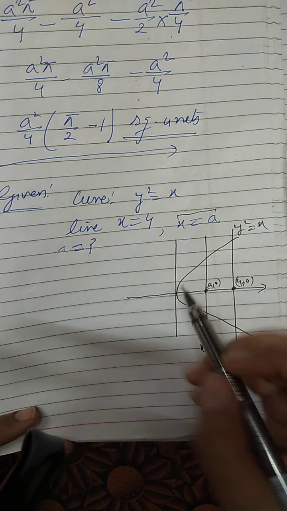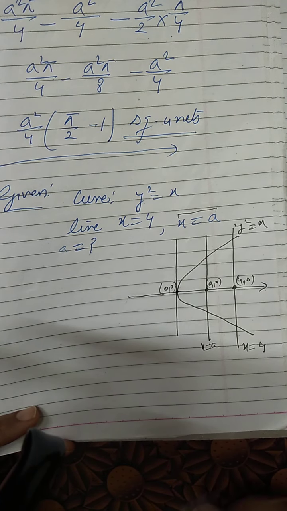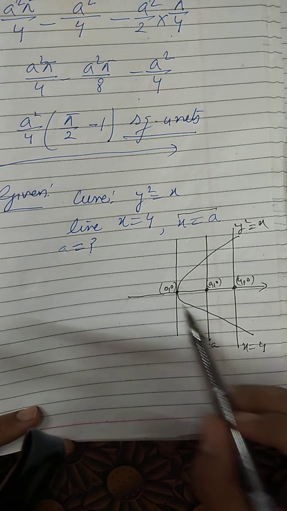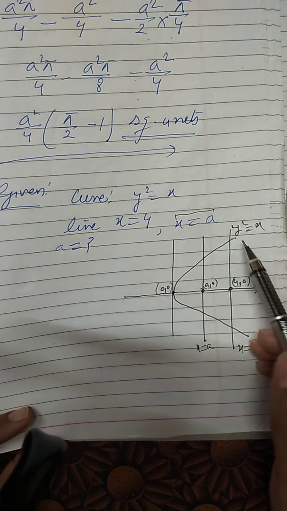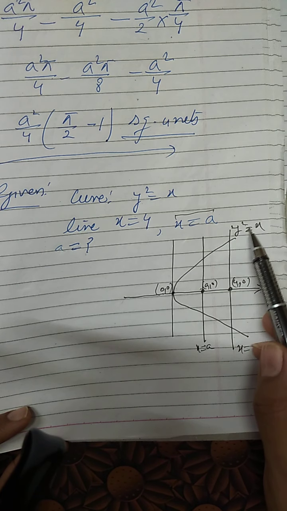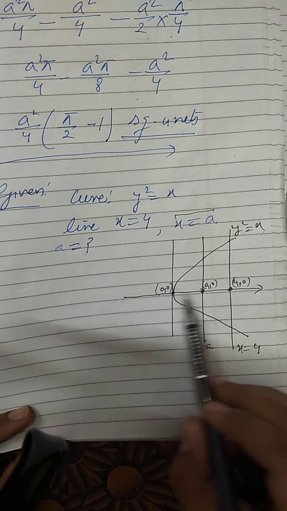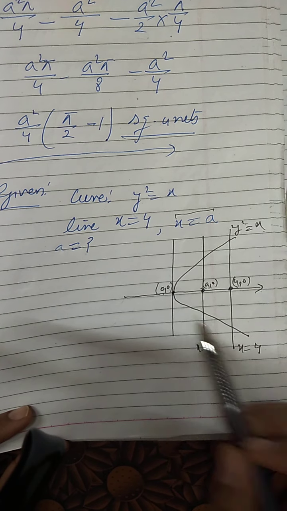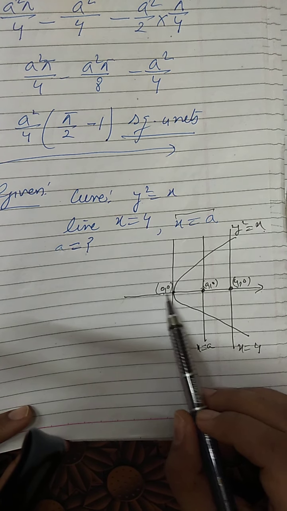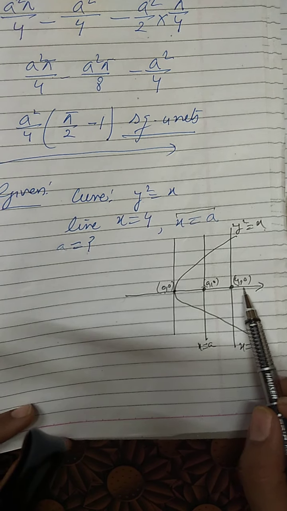What we will do, and this point again the vertex is at 0 0 only. So I can do here the integral from 0 to a of this curve only. What will be the curve? The curve is y square equals to x, so the function will become root x. The integral 0 to a will be equals to integral a to 4, or I can also do other thing. The integral 0 to a will be half of integral 0 to 4, right?